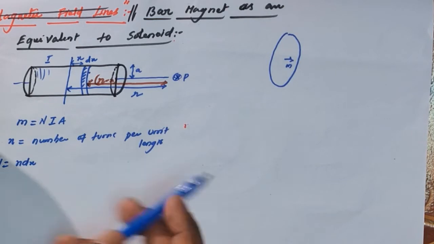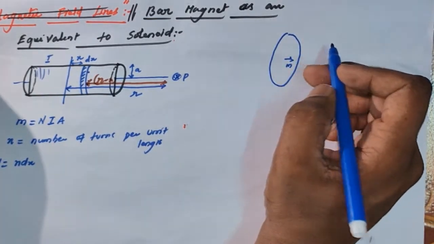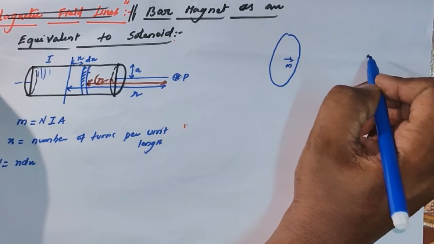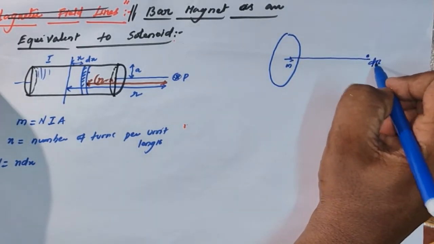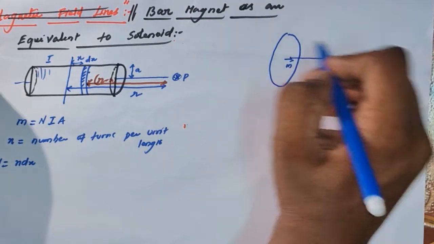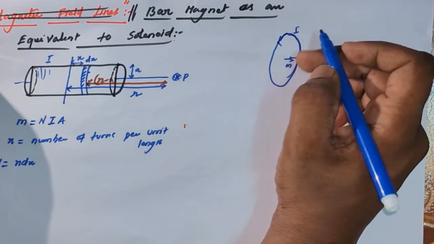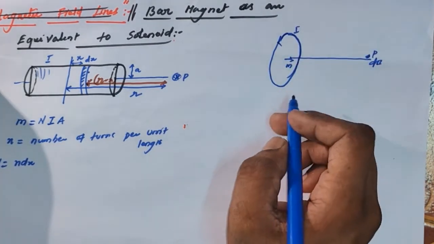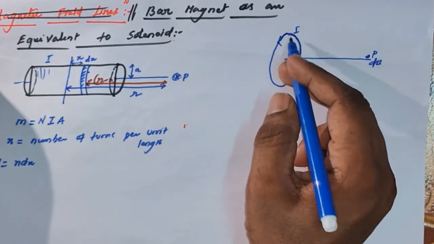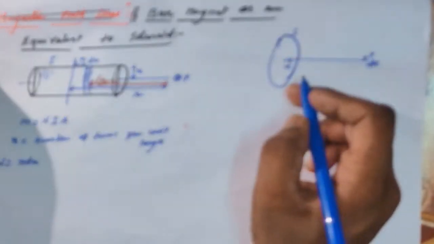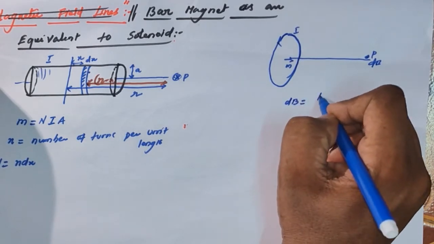So now, we already know the expression for the magnetic field along the axis of the circular loop. What is the magnetic field at a point P? Suppose this is a current loop carrying the current I, we derived these expressions. Due to the current carrying element I, the magnetic field at a point P would be dB equal to mu naught